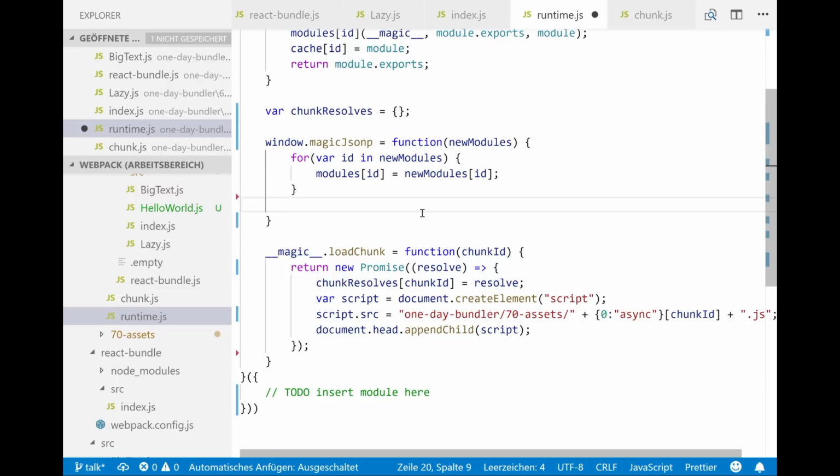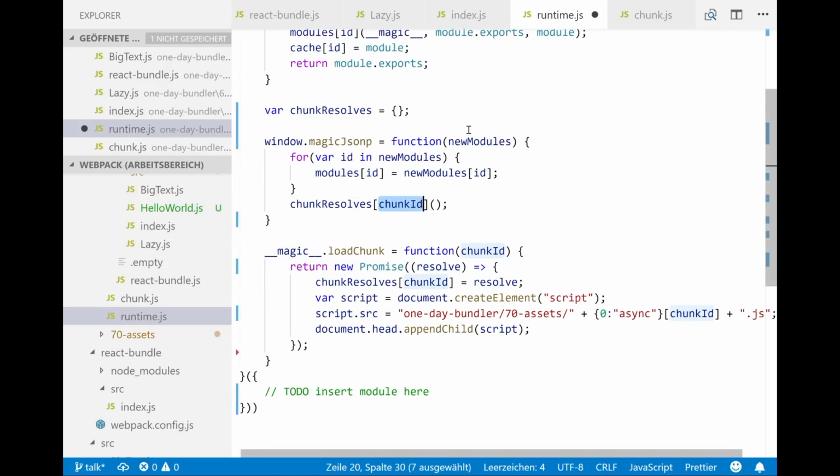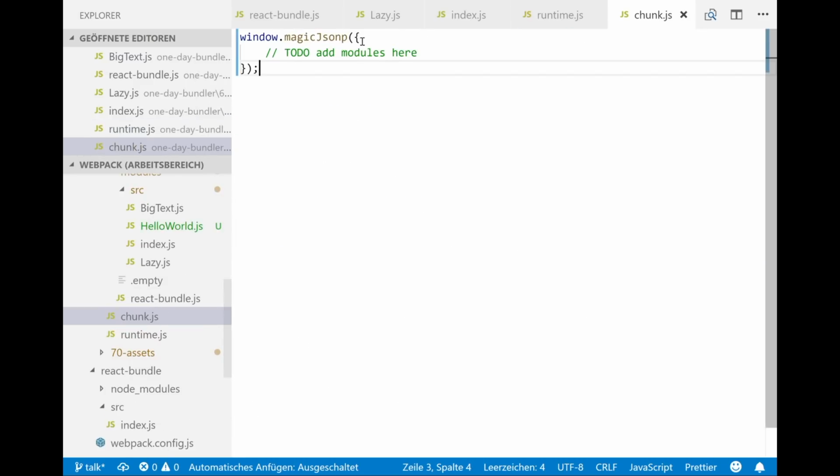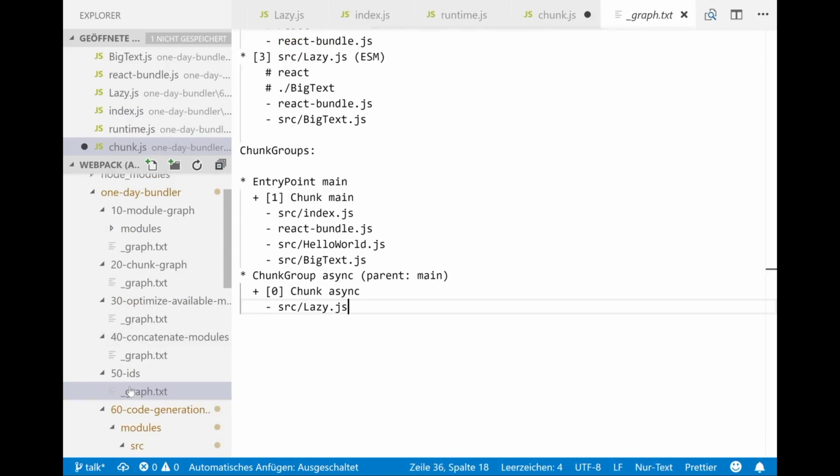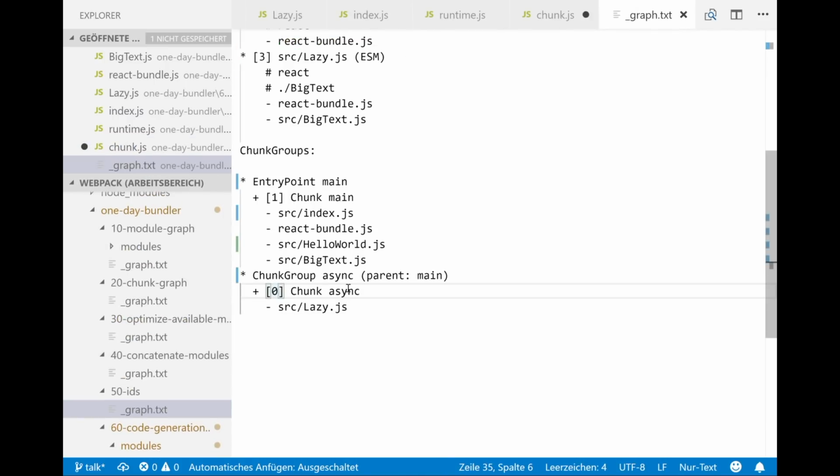So chunk resolve, chunk ID. We have no chunk ID, just pass it here. And it's this module here, module 0, because the ID of the chunk is 0, obviously.